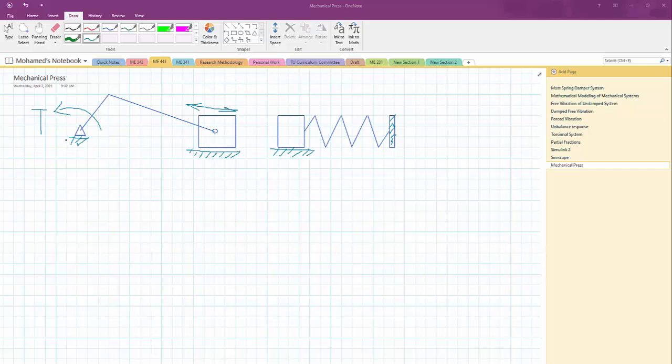Maybe you have studied or learned about the mechanical press. One of the designs of the mechanical press is that you have a crank, and this crank is connected to a connecting rod. The connecting rod will have a punch or cutting tool. This cutting tool or punch will move against a specimen, so it can bend this specimen, it can create a hole in the specimen,